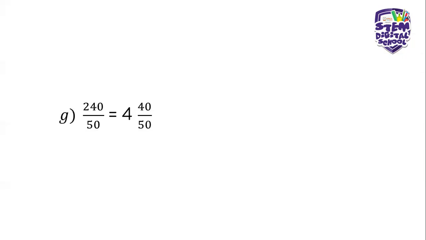In my case, I have 4 and then 40 over 50. You can simplify the 40 over 50 just to cancel out the zeros there. And then, of course, you will definitely have 4 and then 4 over 5. 4, which is a whole number, and then 4 over 5. So yes, that is the correct answer, Lesedi. Great. Thank you, Cesar. So now that we have done these particular problems,